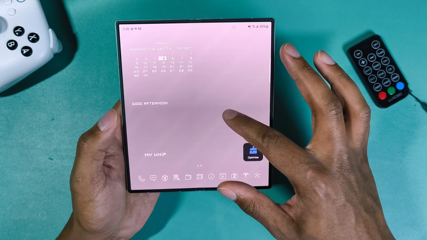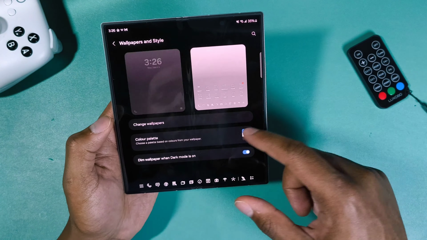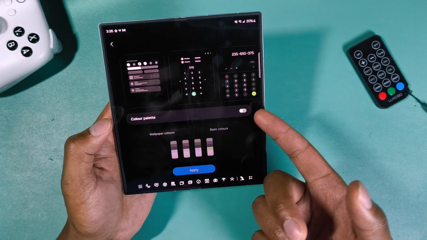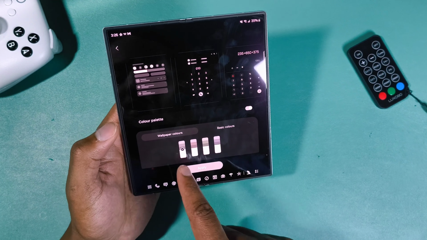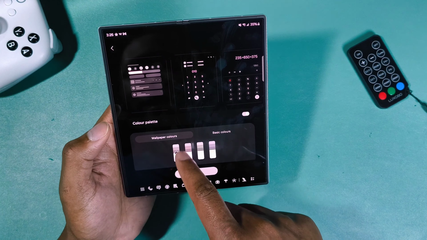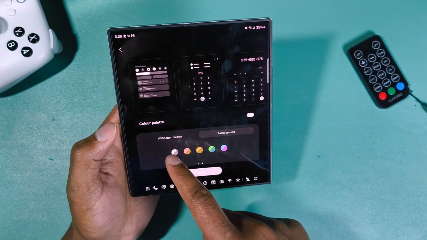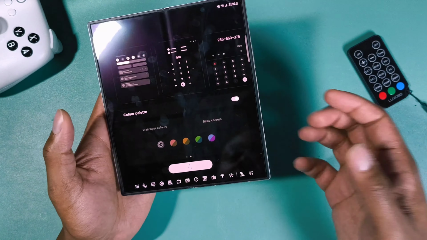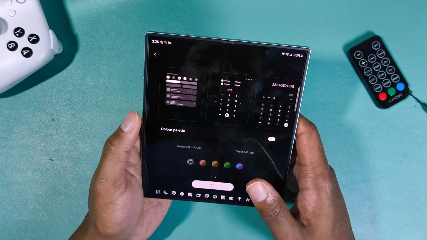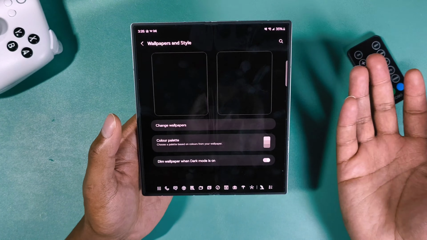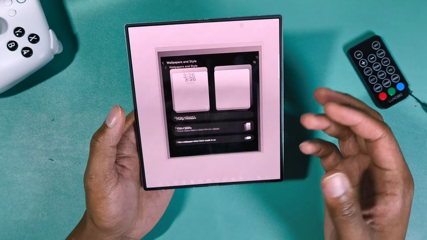Everything else, I leave it as default settings. For the colors, the color palette, I kind of just leave it off. But if I do turn it on, it's probably something more neutral like this, or something along the lines of this gray color right here. And that's basically it. Like I keep it very simple, keep it very kind of minimal, but with this nice